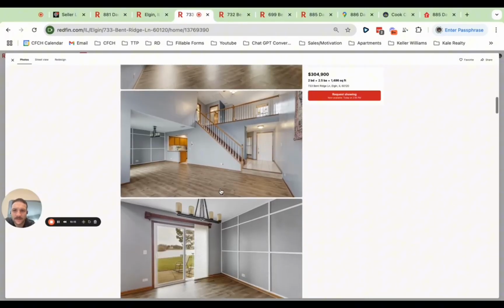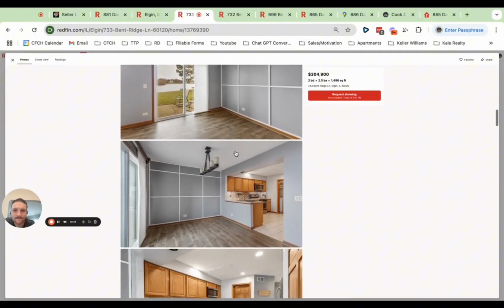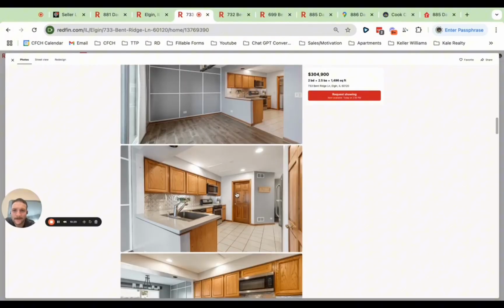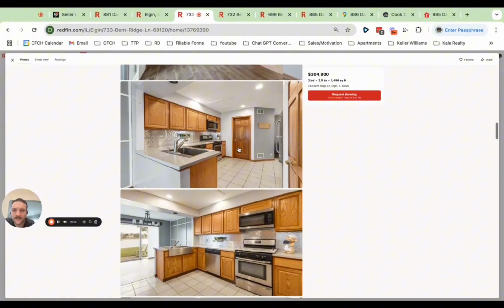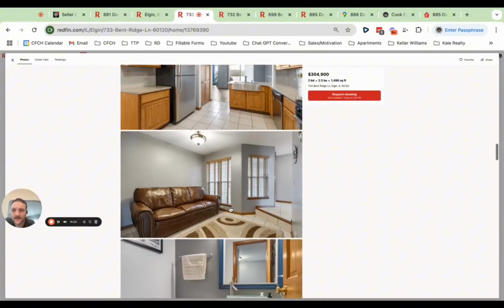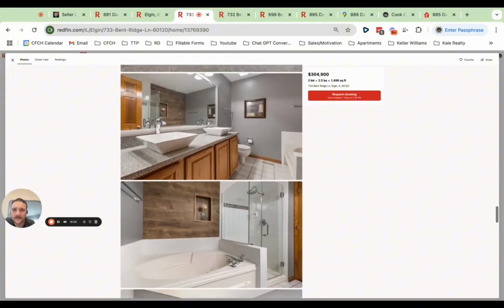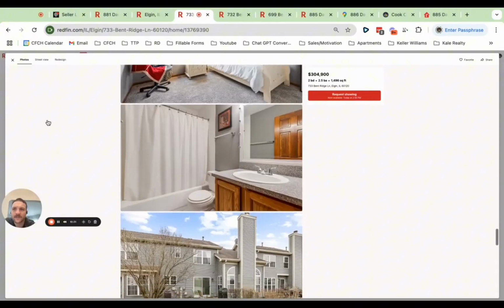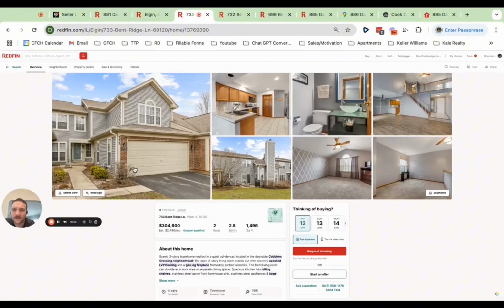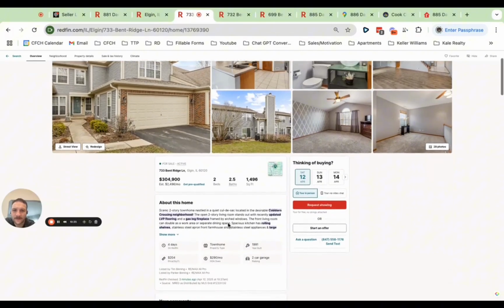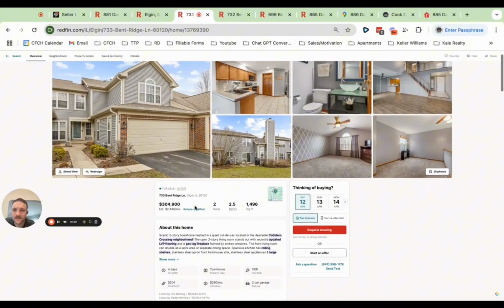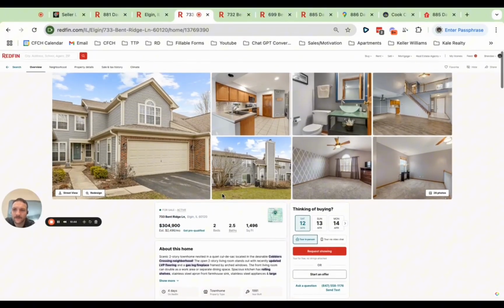Let's see if it's updated. No, not really updated. Kitchen cabinets aren't updated. Formica countertops. So nothing special here. Again, bathrooms not updated, right? So they're trying to sell this seemingly a little bit above the market. It's active. It's been on the market for 4 days. They're probably trying to push the envelope a little bit, see if the market's moved and price it a little high, but they're going to settle around 290 like the other properties.